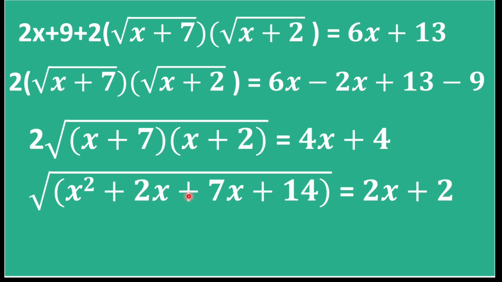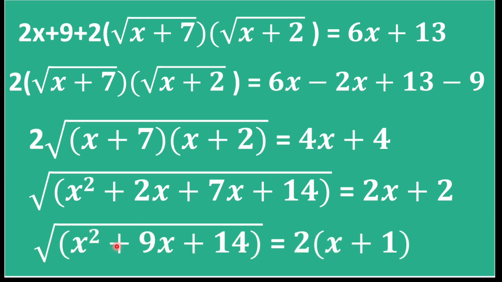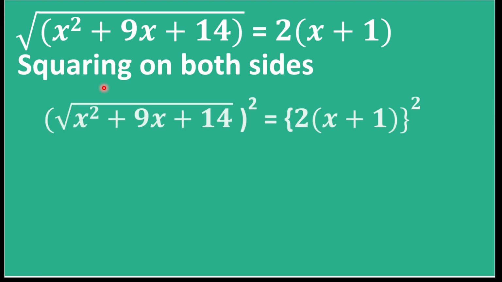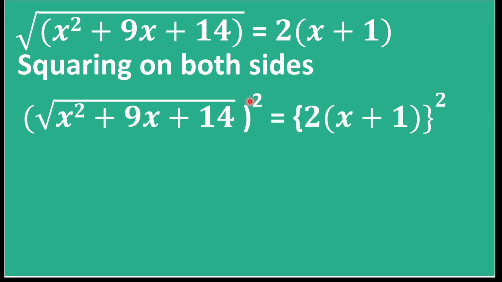And now this 2x plus 7x will become 9x. So overall this will become x square plus 9x plus 14 equal to 2 into x plus 1. We have taken 2 common from here. And now we will again take square to eliminate this square root, so squaring on both sides. So after taking squaring on both sides, this square will cancel this square root,